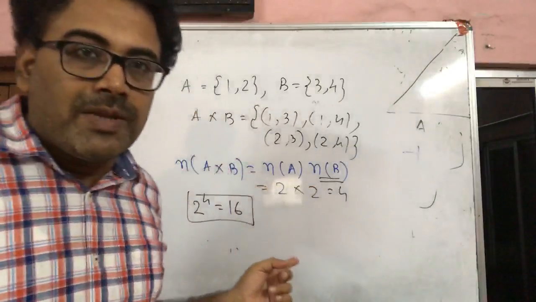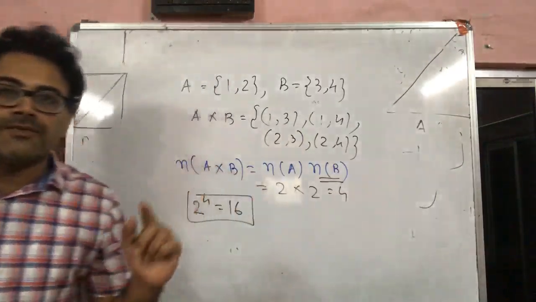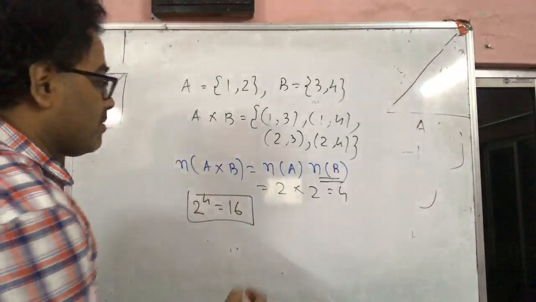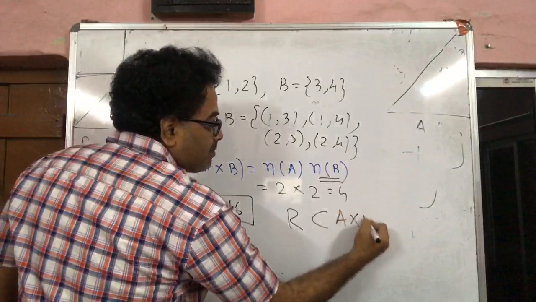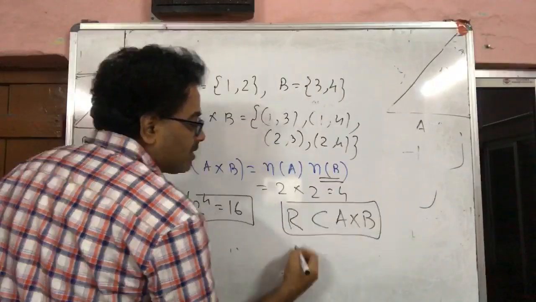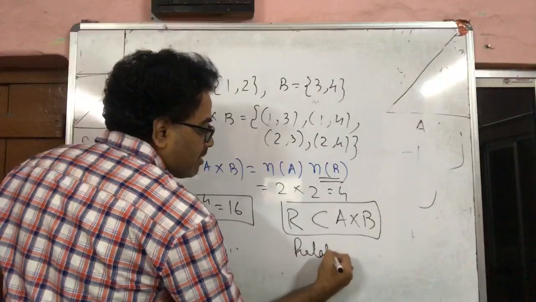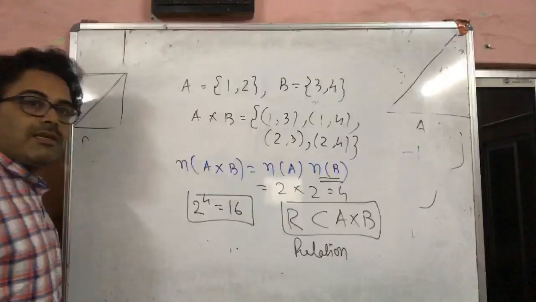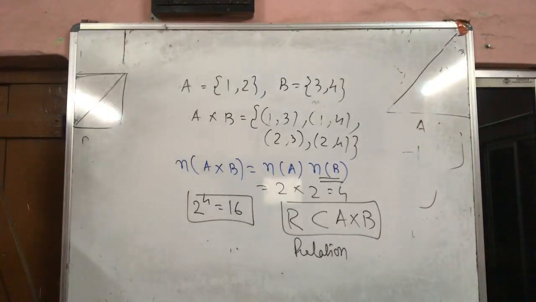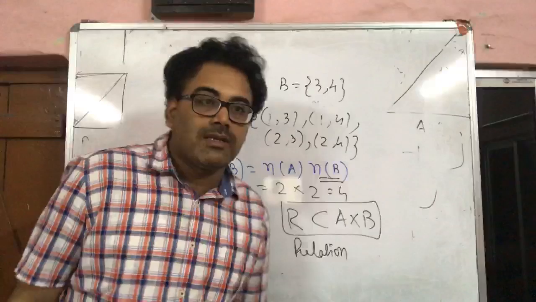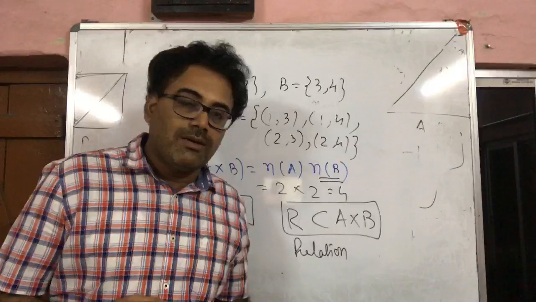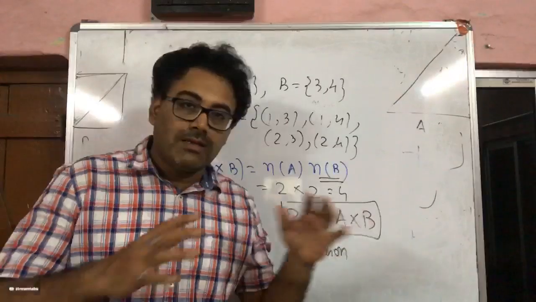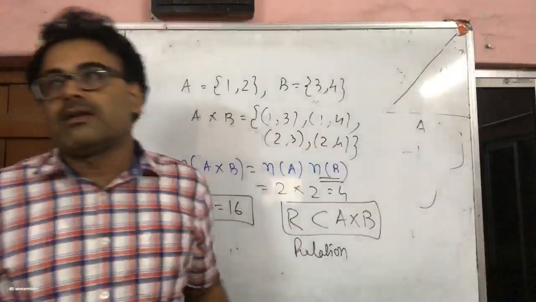Each subset of A cross B is called a relation from A to B. Okay, so each subset of A cross B is called a relation from A to B, relation. Okay, clear? That means, just like there are